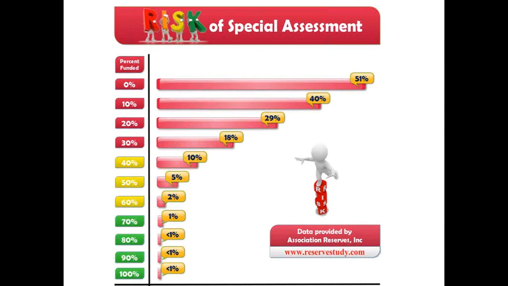Okay, so this is a service that a professional could provide to the association so that the board members have at least something tangible that they can rely upon. And this tool actually, Robert, can it predict when the need for a special assessment is going to arise? It can predict the probability of a special assessment. It can't pin it down to the day or month, but it clearly shows the chance of an association having a special assessment in any given year.